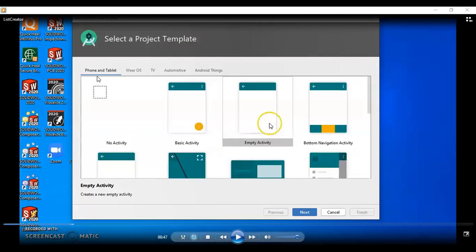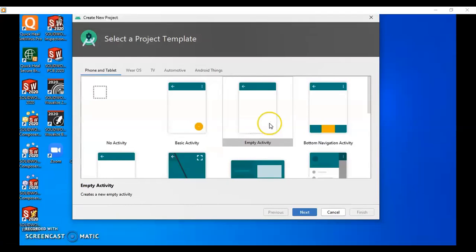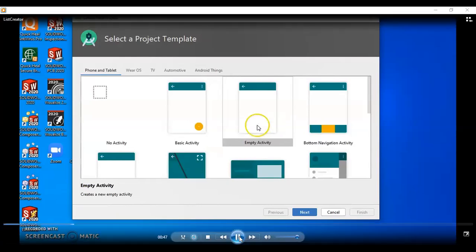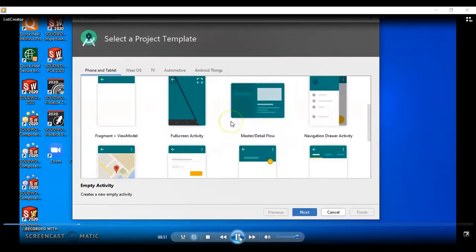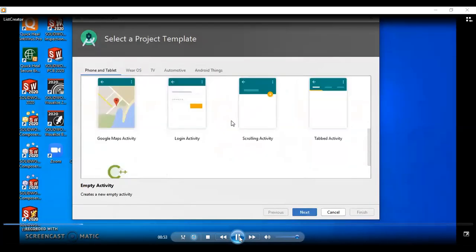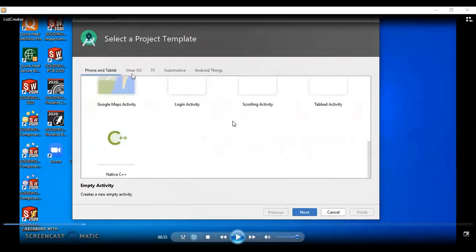Again, there are different options provided here: phone and tablet, wearable OS, or maybe television or automotive, then IoT, that is Android Things. One more thing you have to keep in mind: if I want to design my Android application for Android wearable devices, such as health monitoring devices, that is wristwatches, right?